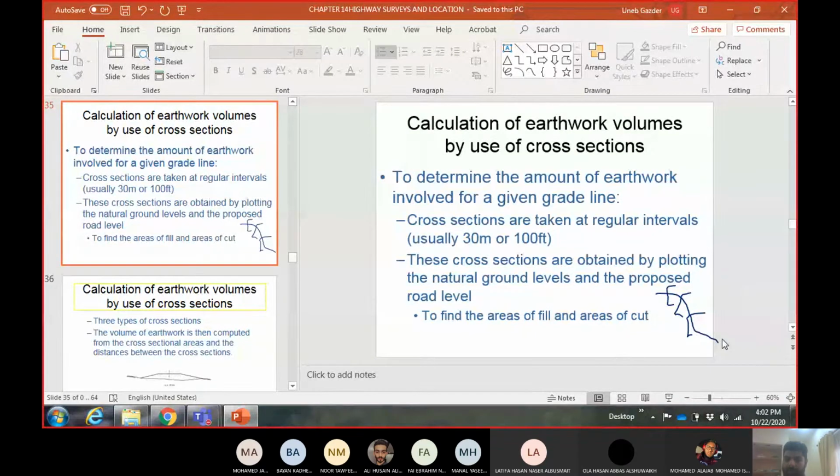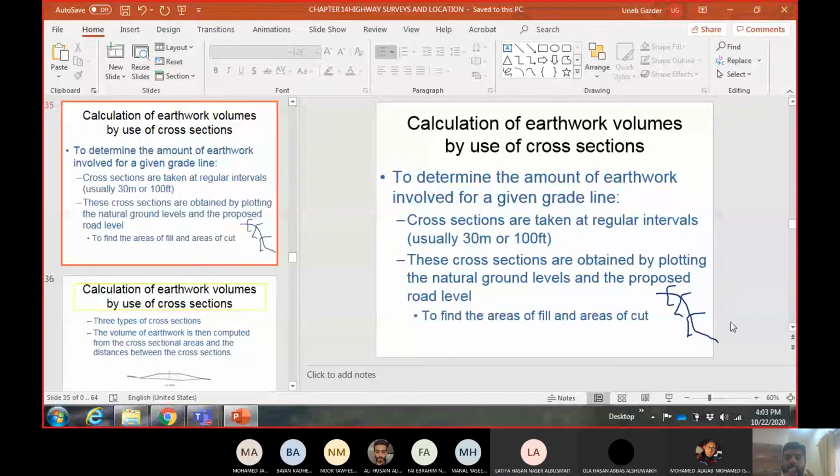So for example, this particular line going like this is your road, the route which you have selected. Then along this route we'll cut cross sections at different intervals. So you can see three cross sections. Obviously you will start from the first point and you will end at the last point, and then in between these two points you will have other cross sections. So when you are cutting the cross section along the route, I have many cross sections along the route.